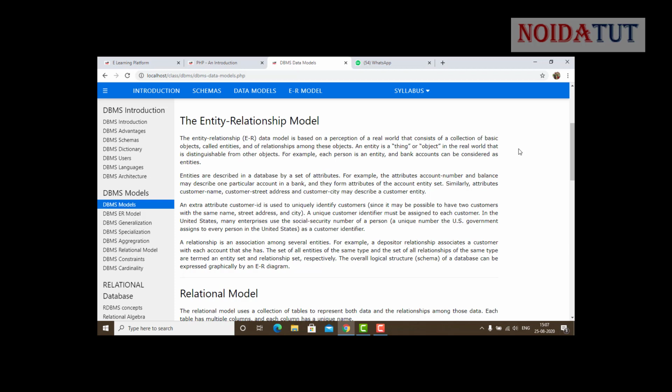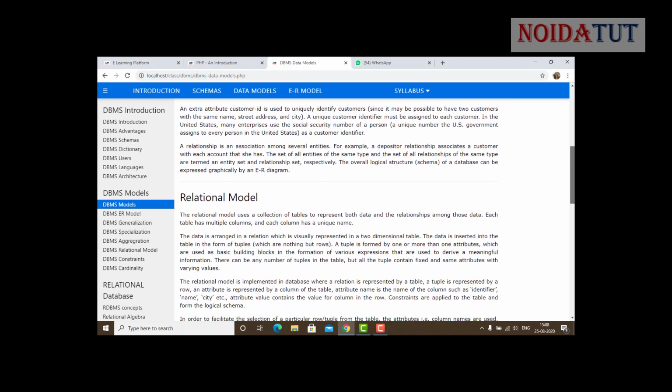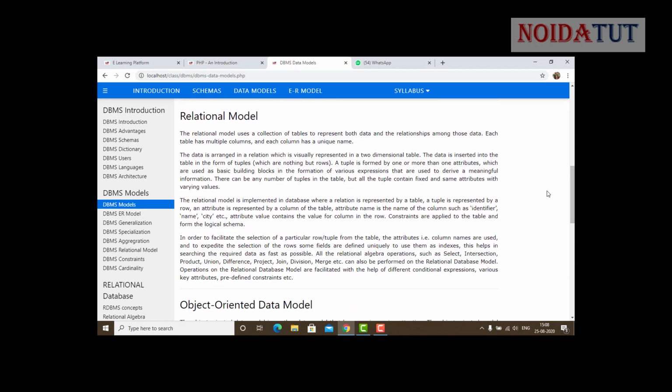And proceeding further, when we work on a different database, first we calculate all these entities, make a list of all these entities, and then we draw the entity relationship diagram, which helps us form the perfect database. Now let us have a look at a brief introduction to the relational model.